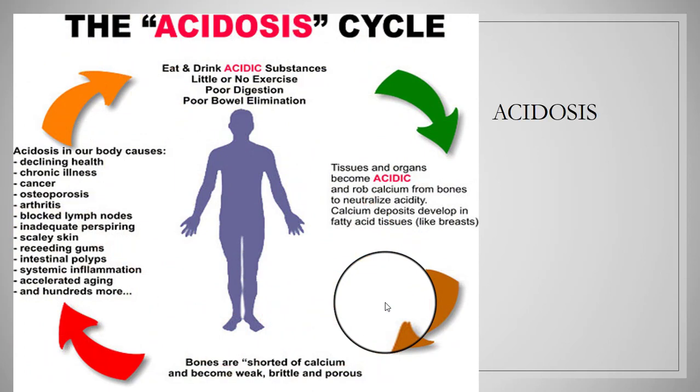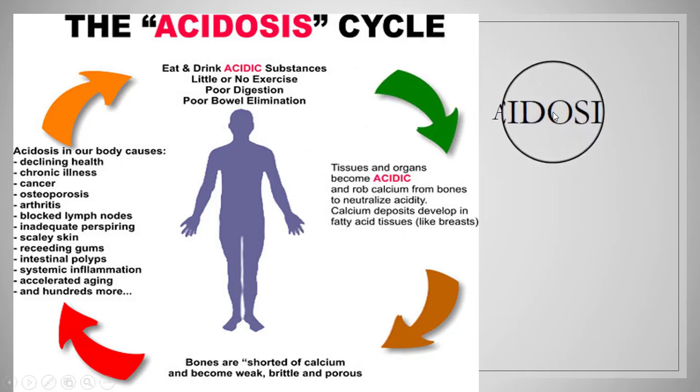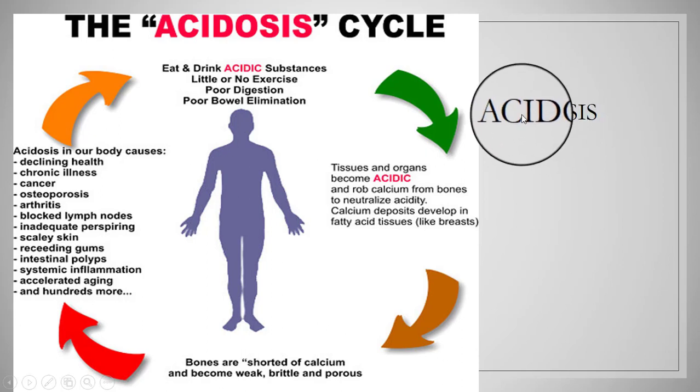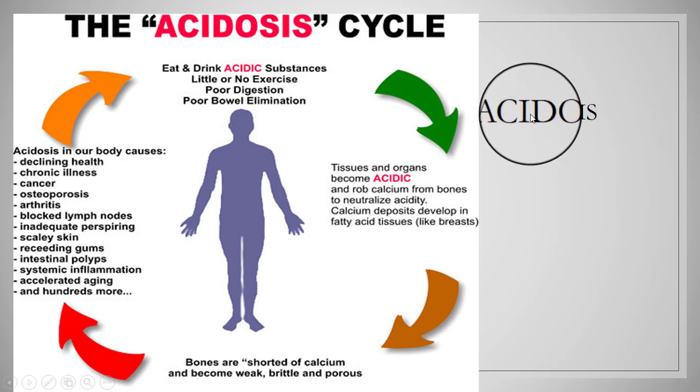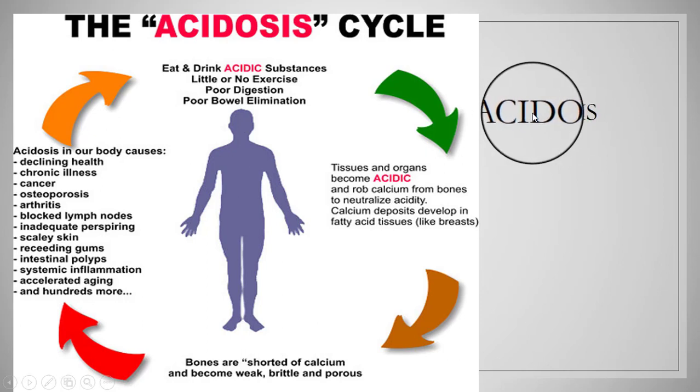The acidity of your blood is measured by determining its pH. A lower pH means that your blood is more acidic, while a higher pH means that your blood is more basic. The pH of your blood should be around 7.4, and according to the American Association of Clinical Chemistry, acidosis is characterized by a pH of 7.35 or lower.